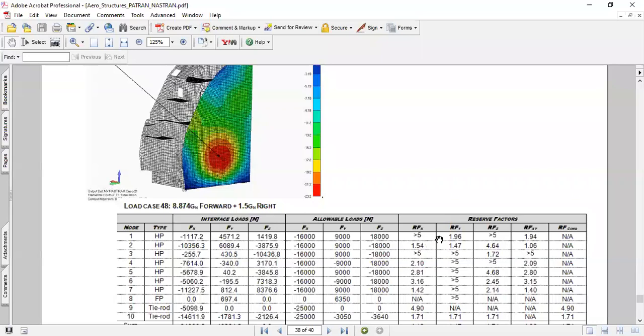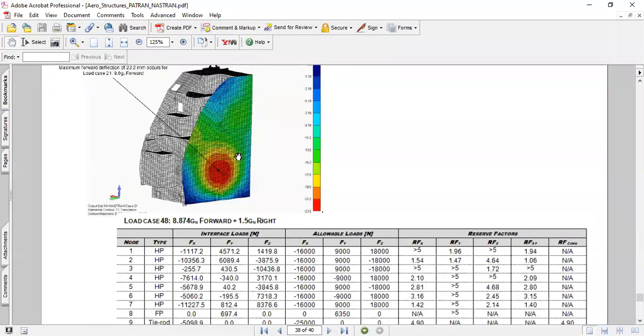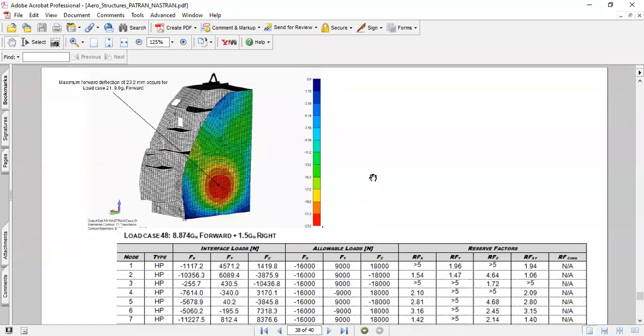If the load is exceeding the allowable, then you have to revisit your analysis and see whether the assumptions you have made are right or not. If the assumptions are right, and it is still exceeding the allowable, then you go into the model and check the displacements,